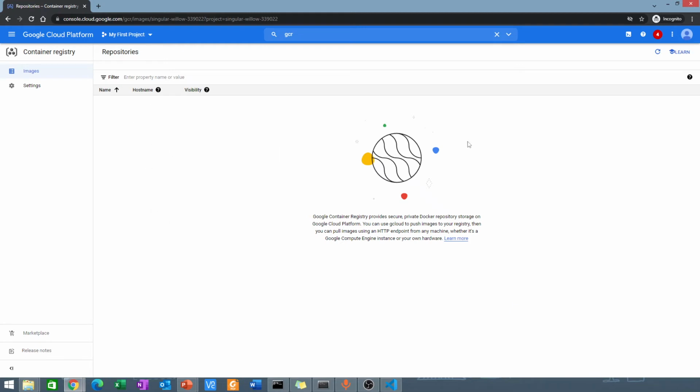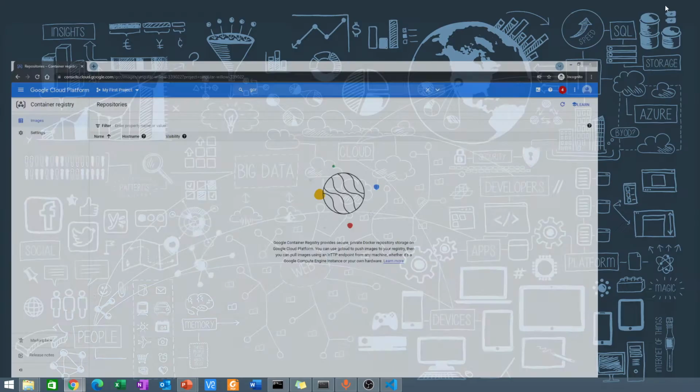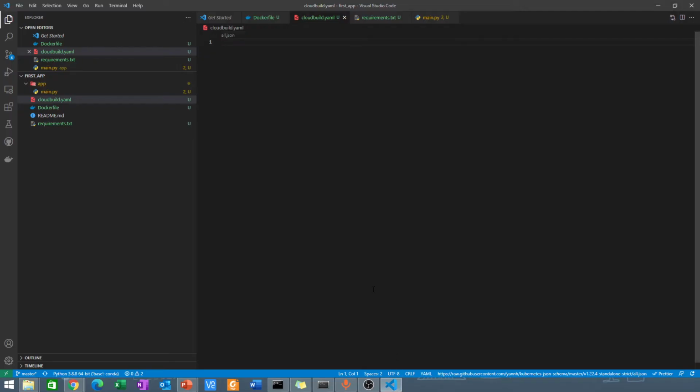Then we can use that Docker image somewhere else, for something else, right? But we'll do that in just one step. So first of all, I'm going to create a configuration that will build and then push that Docker image. That configuration will be specified in cloudbuild.yaml. So first of all, I'm going to say steps,